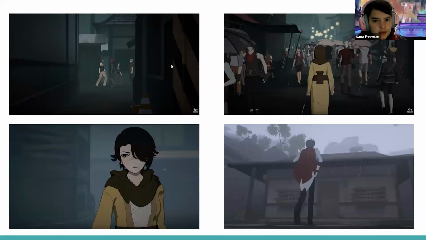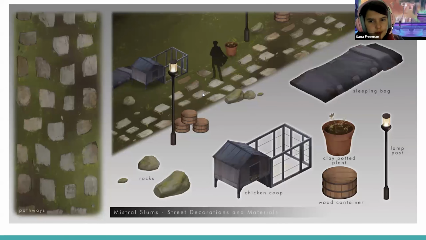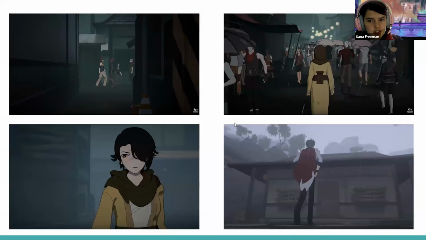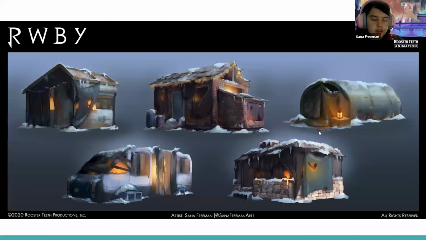These are all from different episodes using just the same set of stuff, and they get the job done. And if this is not appealing to you, it doesn't always have to be this segmented. This is something I did super early for Ruby 8, and I showed this to the modelers, and they were like, "Yep, this works," because there are all these different parts they can use for other parts, and the material work is clear enough. And they're like, "Yeah, that's kind of what we need for this." And I think that's about it for me.